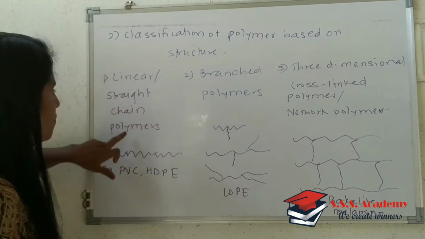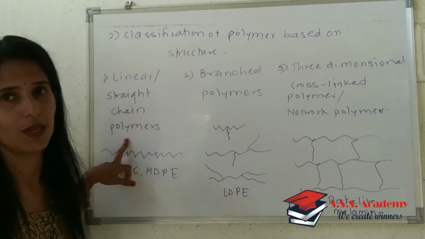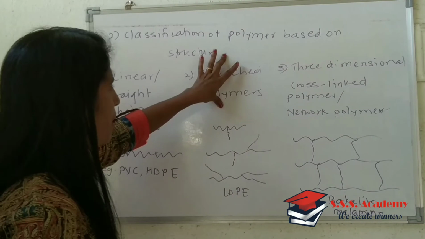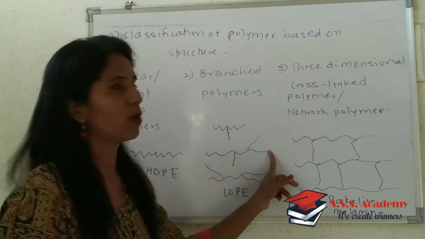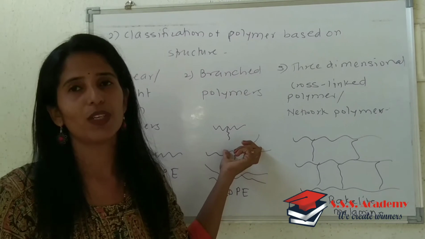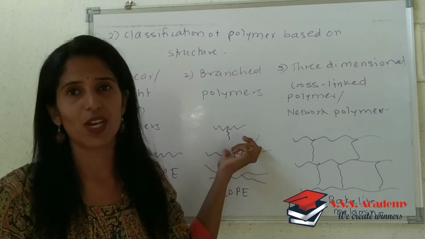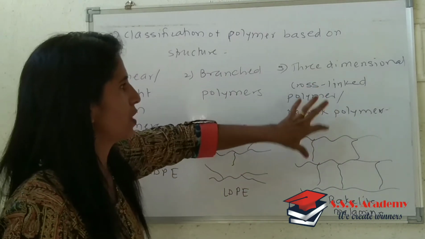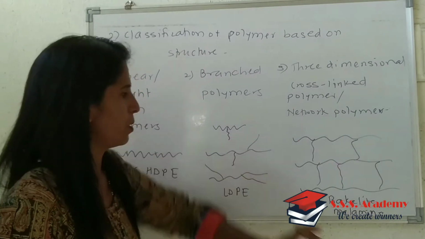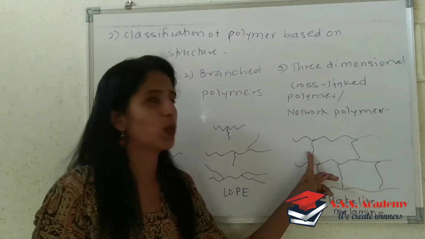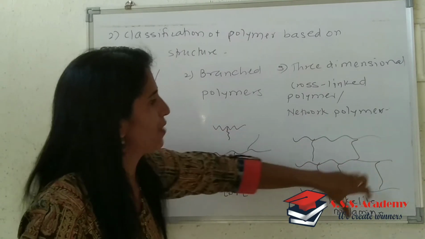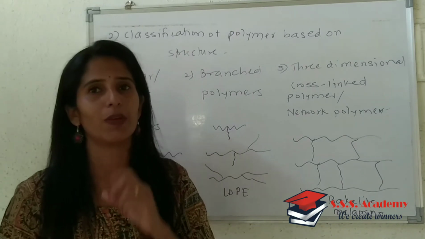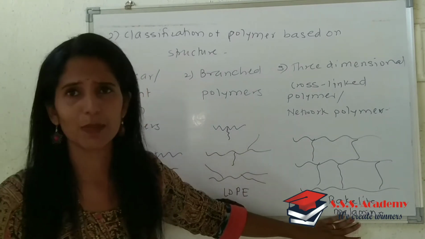It refers to linear, where there is a linear arrangement of the monomers in a polymeric chain. Examples are PVC and HDPE. It is made clear by that diagram. Then there are branch polymers, where branching is present in between the polymeric chains, right? And the monomer unit involved must possess functionality higher than 2. It must be trifunctional. Then only is branching visible. And third, 3-dimensional cross-link polymer or network polymer. Here small cross-links are present in between the polymeric chains, and that's why it forms a network-like structure. Therefore, they are called network polymers, and the functionality of that monomer must be polyfunctional. And the examples are bakelite and melamine.